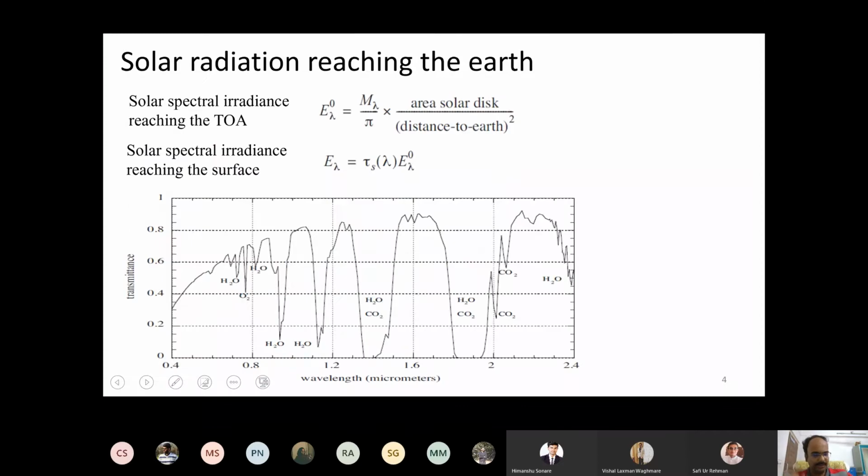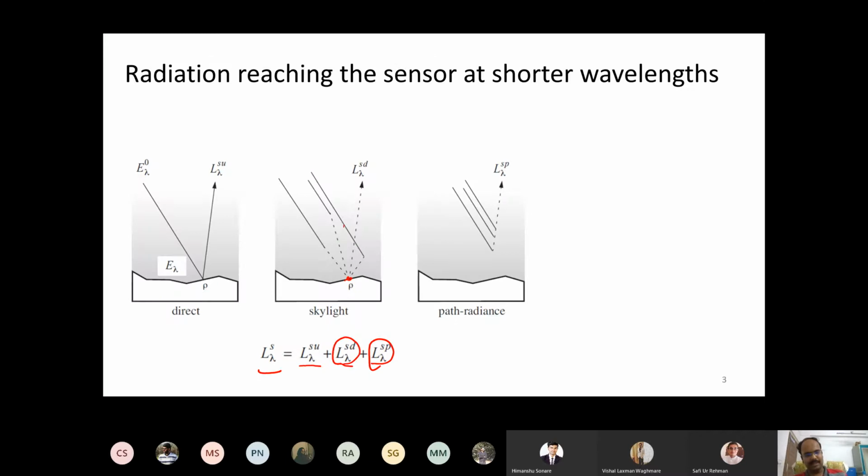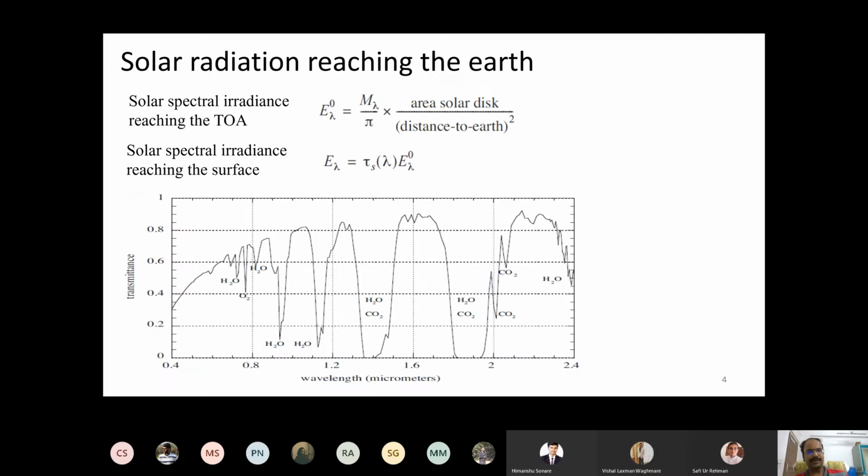So what we are going to do in today's class is get some basic equations to know more about all the different terms involved in these things. There are three different paths we came to know, but just to have a more physical feeling for these things, I'm going to introduce you to some basic equations. These are not difficult equations to remember, but as long as you understand the concept, that should be fine enough.